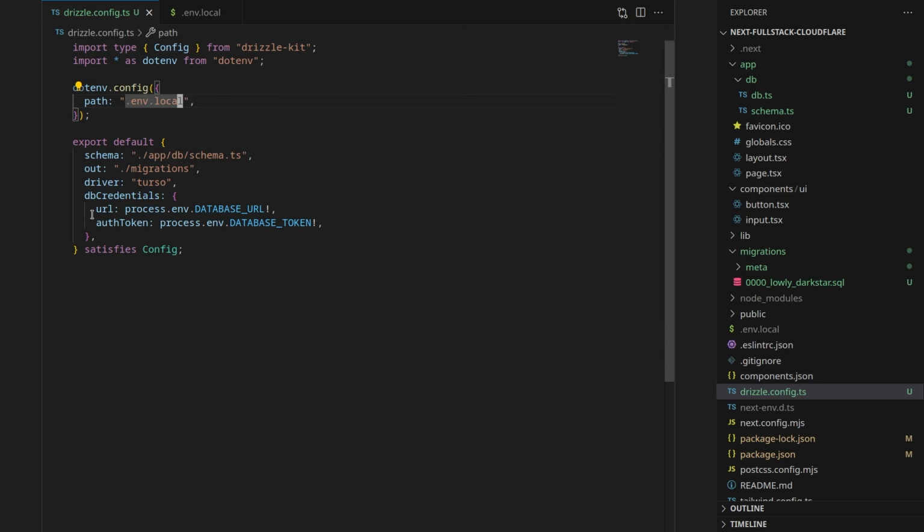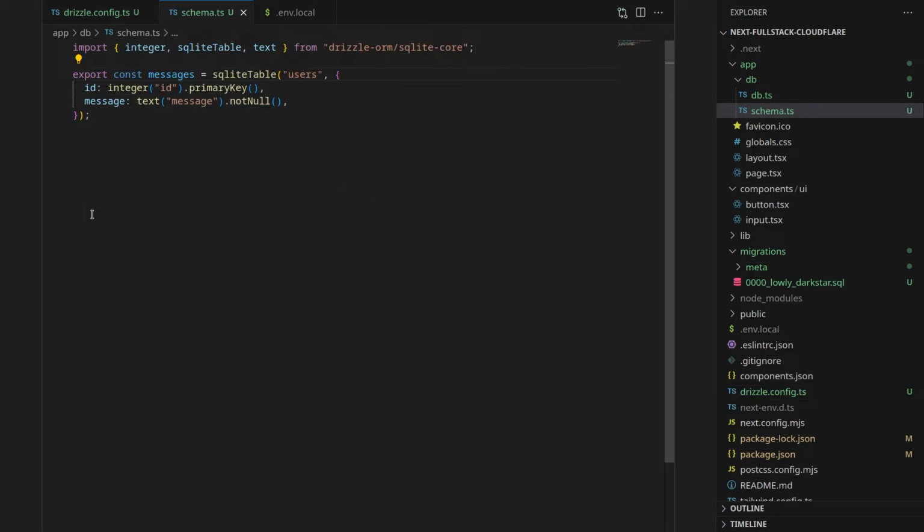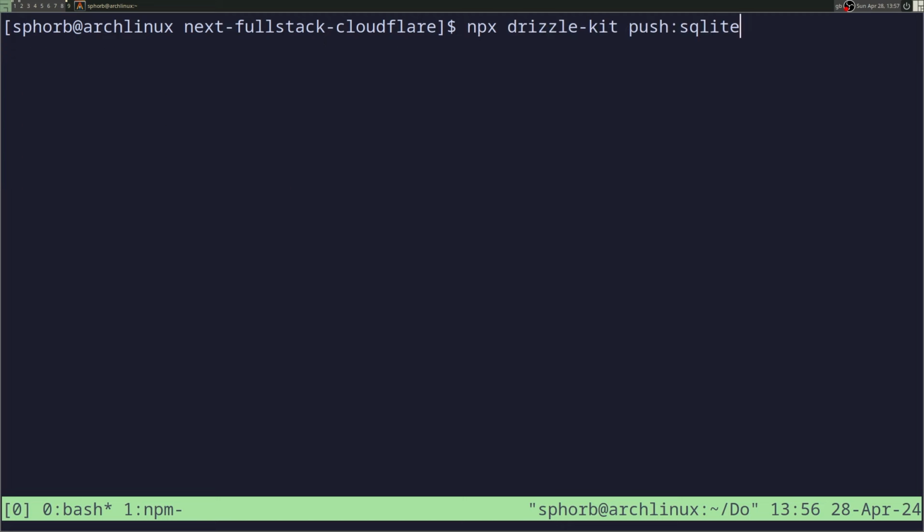Let's actually confirm in our schema file. There we go. I changed the name of the variable, but I didn't actually change the name of the database. So now I'm going to show you how to update our schema and push that up. If I change this to messages, save this, now we're going to generate and push our schema once again. Go back to the terminal, clear this, and let's try the npx drizzle-kit generate SQLite command again